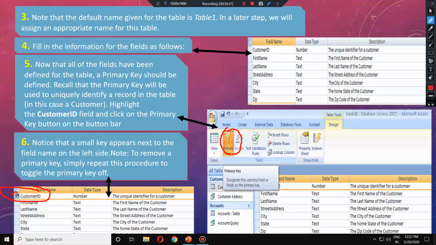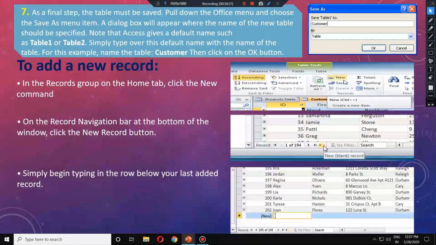So it is not difficult, it is very easy to define the primary key of a table. So let us move forward. Now you know how to create a table and how to make a primary key there. Next, everything is done in the table, so we can add records, but beforehand we have to save the table. How to save the table?